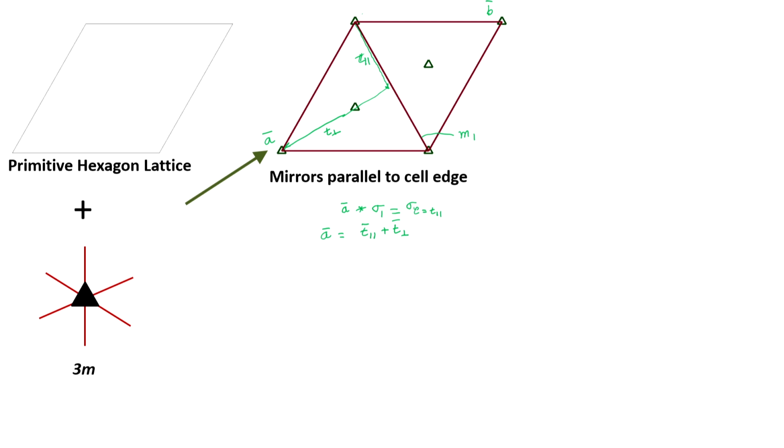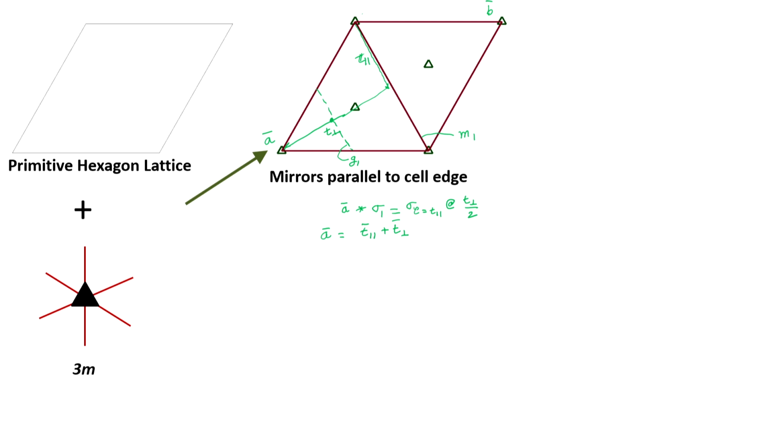And what is its location? We have also seen that in the earlier lectures. Its location is at exactly half the distance along the perpendicular component. So, suppose this is my midpoint of the perpendicular component, I will get a glide like this. Let me call this G1. This is the glide plane 1.